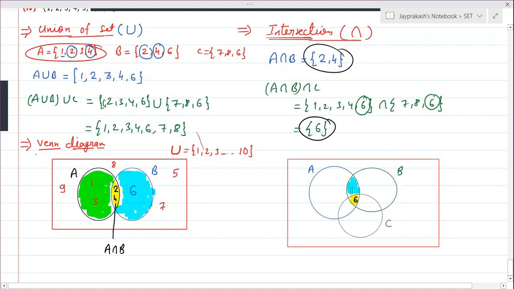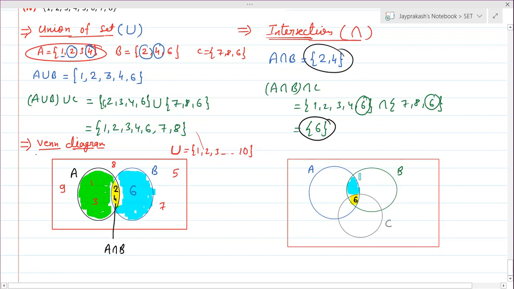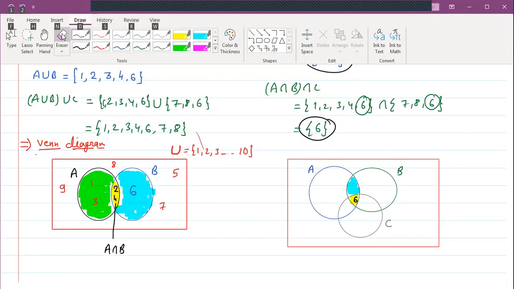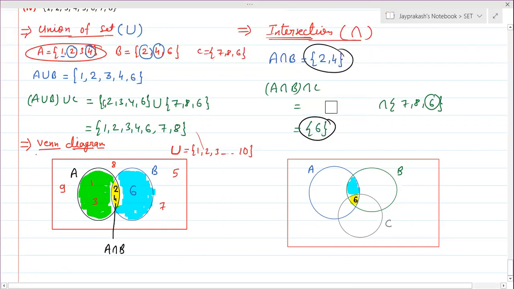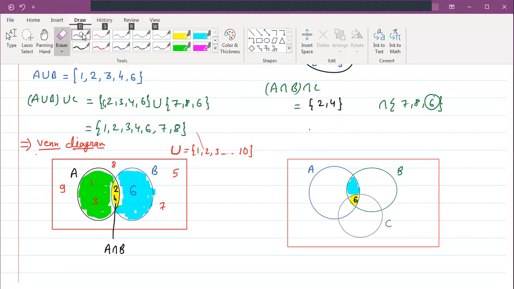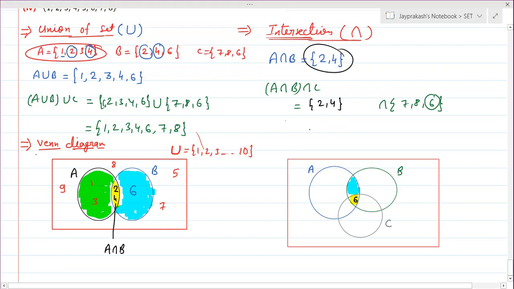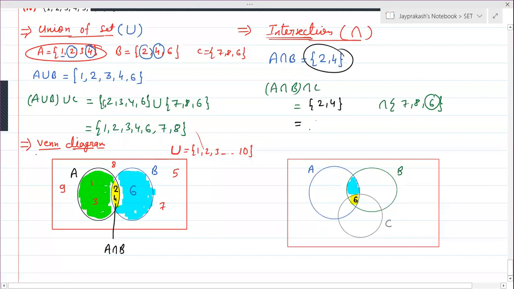Now the above area means this one. This is the area common between A and B. So which are the elements inside the A intersection B? Two, four. Okay. So here we will write inside the A intersection B. Actually, this was something missing. So we will need to write here the intersection as 2, 4. Correct? Yes. So you didn't see here, huh? This was a mistake.